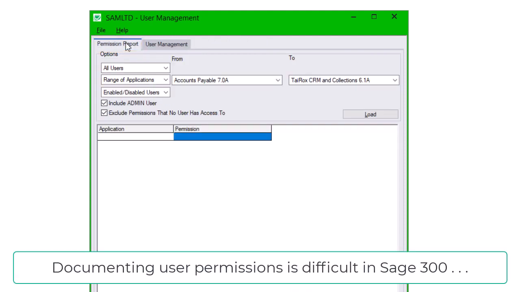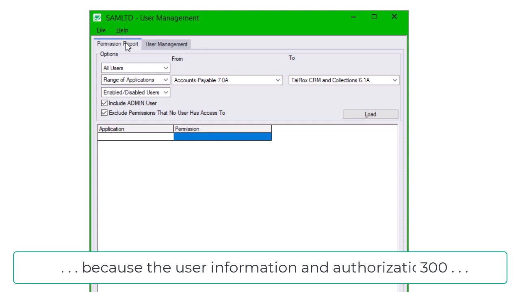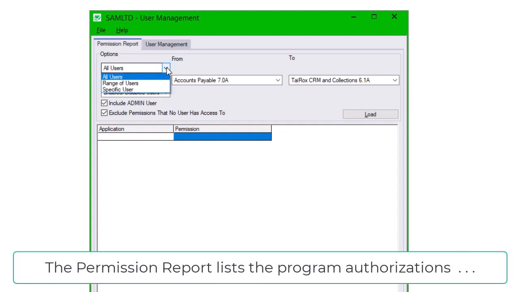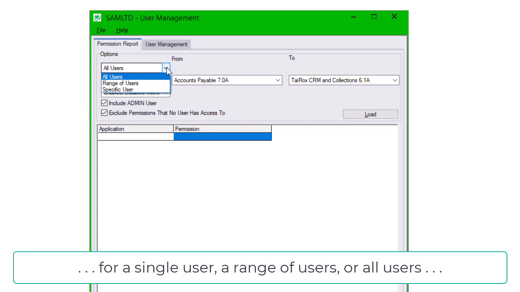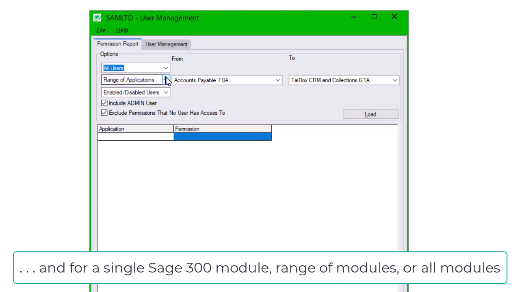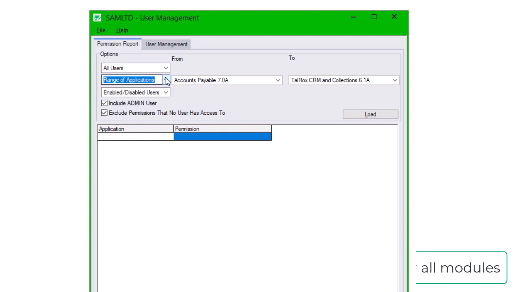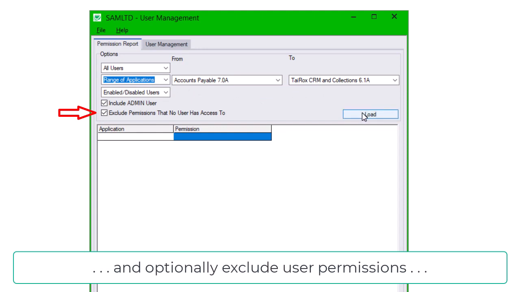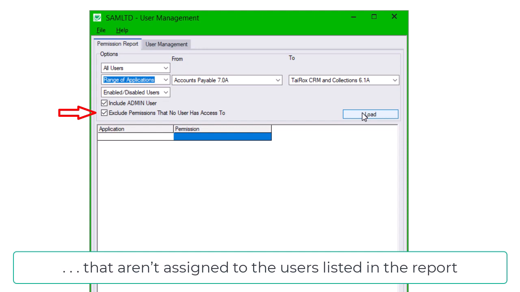Documenting user permissions is difficult in Sage 300 because the user information and authorizations are not readily available to the built-in reporting system. The permission report lists the program authorizations for a single user, a range of users, or all users, and for a single Sage 300 module, range of modules, or all modules. You can include enabled users, disabled users, or both, and optionally exclude user permissions that aren't assigned to the users